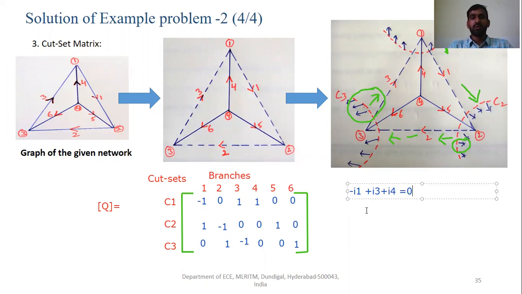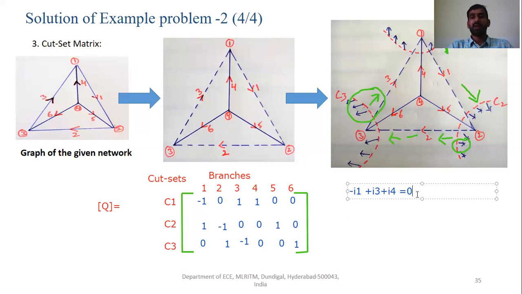What are the currents entering at the cut set C1? Only 4 and 3 are entering. So I3 plus I4 is equal to I1. That's what I have written here, right?